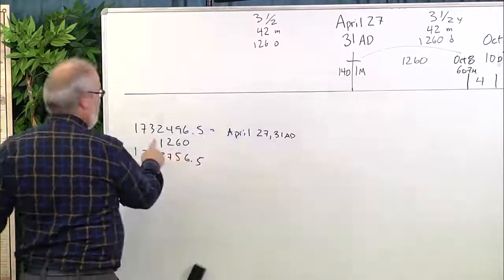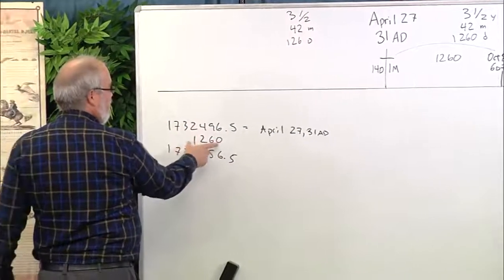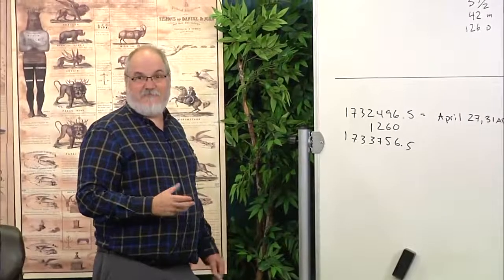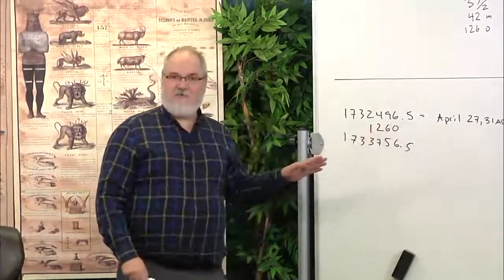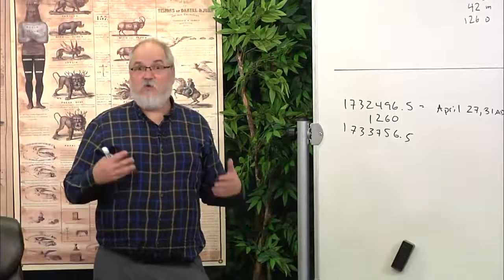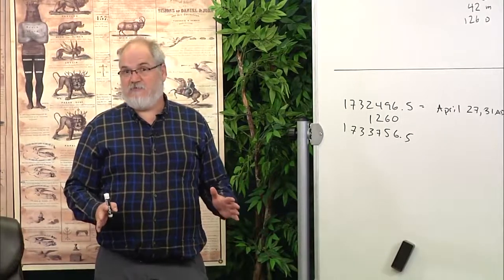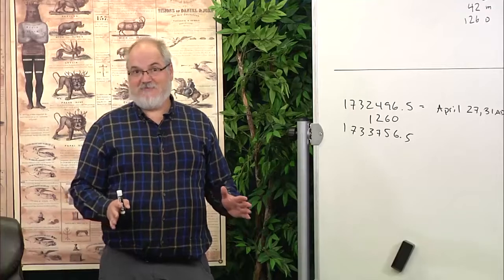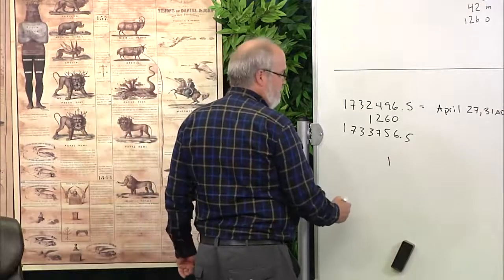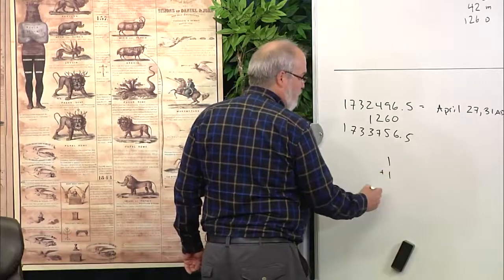Because when I added this number to this number, it has a 0 in it. Not that it has a 0 at the end, but in our numbering system, adding and subtracting, we assume a 0. Does that make sense? So a simple way like this, if I take 1 and I'm going to add 1,